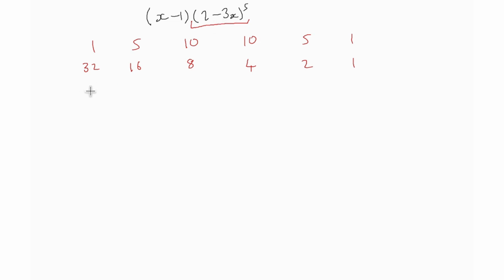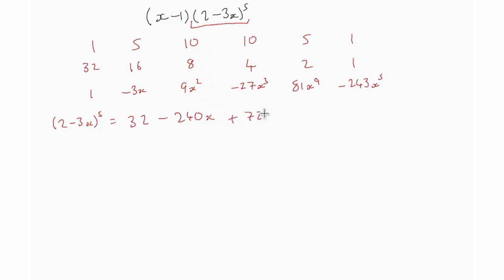And then we're going to have minus 3x to the 0, minus 3x to the 1, minus 3x squared, minus 3x cubed, minus 3x to the 4, and minus 3x to the 5. Multiplying down, that means we get that 2 minus 3x to the 5 is equal to 32 minus 16 times 5 times minus 3 is minus 240x